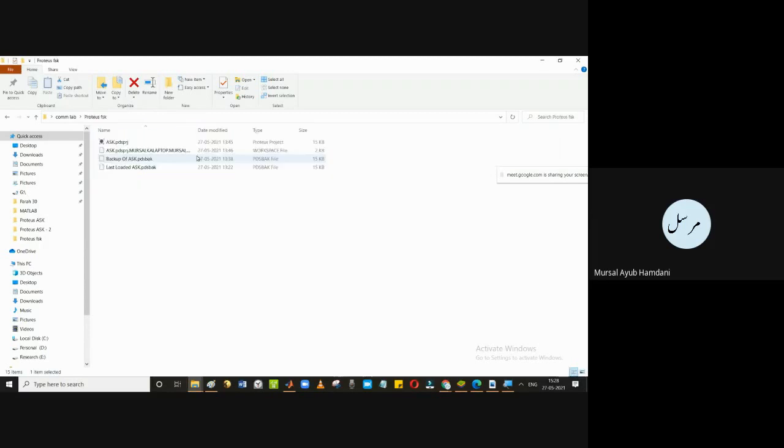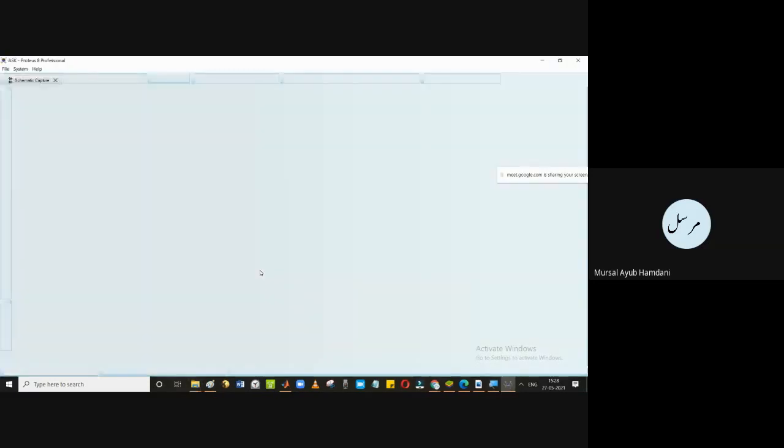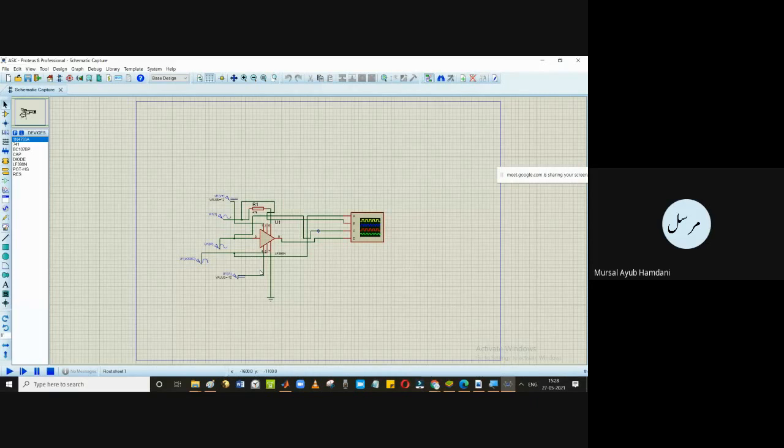Now let us go to the FSK. This FSK has been named similarly by me. And this is a simple FSK modulator.